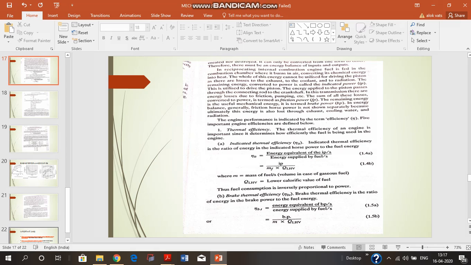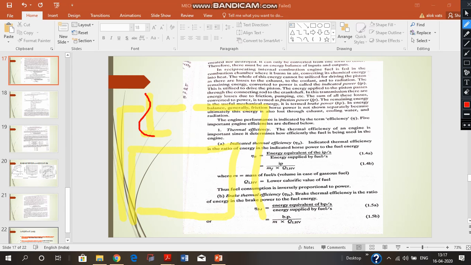Second concept is regarding the indicated power and the brake power, IP and BP. So what is IP? The fuel which we have filled into the fuel tank goes inside the cylinder. Let us draw a cylinder, and it goes inside the cylinder during the suction stroke, and supposedly this is the piston, and during the suction stroke the fuel enters inside the combustion chamber, and it is this fuel which upon burning during the power stroke or the expansion stroke produces power.